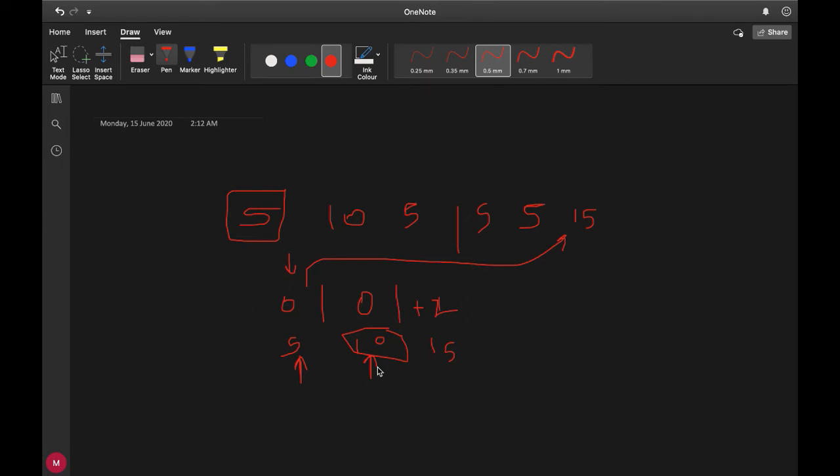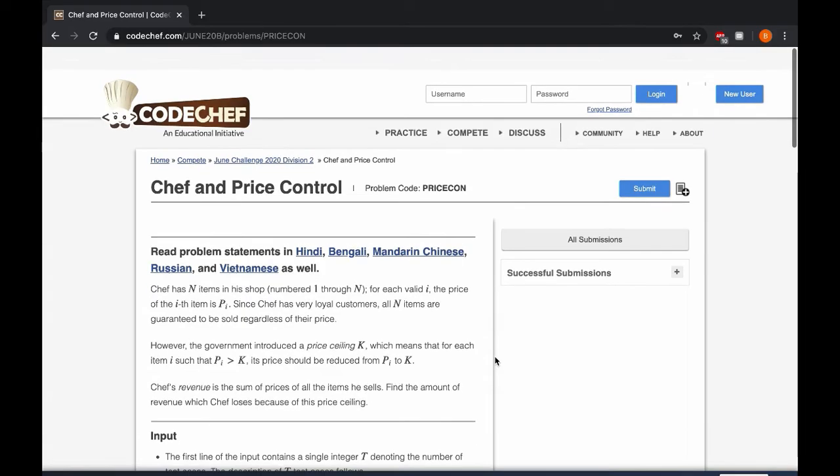So we'll prefer that we give the 10 rupee coin first, and if we don't have a 10 rupee coin, we'll try and find out if we have 2 5 rupee coins or not. If we don't have it, then we'll say that it is not possible to serve the people, and if we have it, we'll reduce the count and proceed further. So it is a simple question of implementation. See you in the next one.